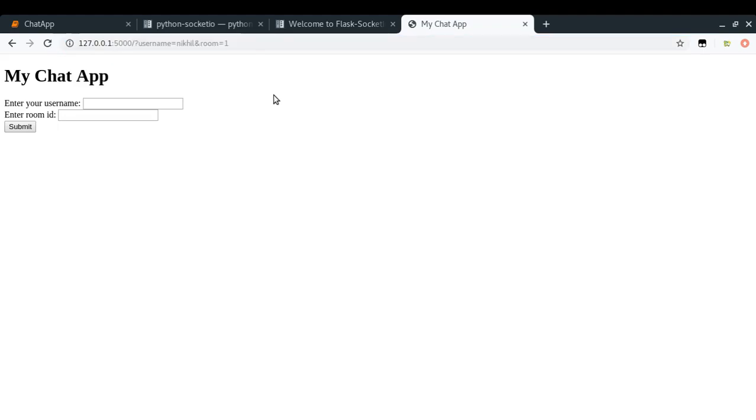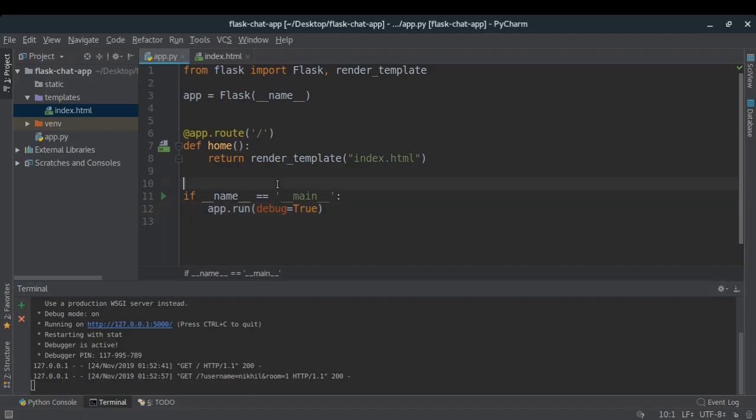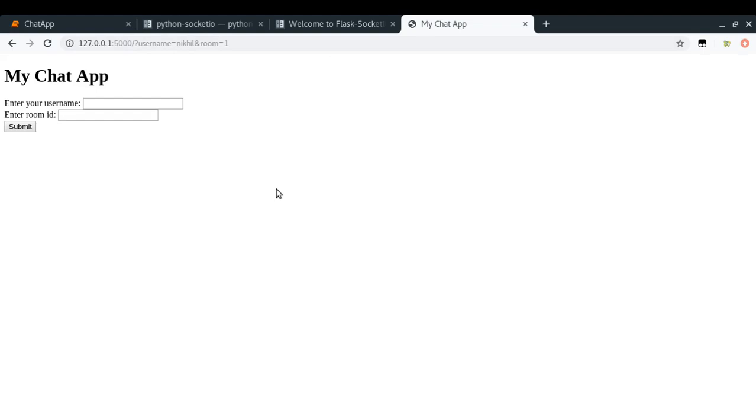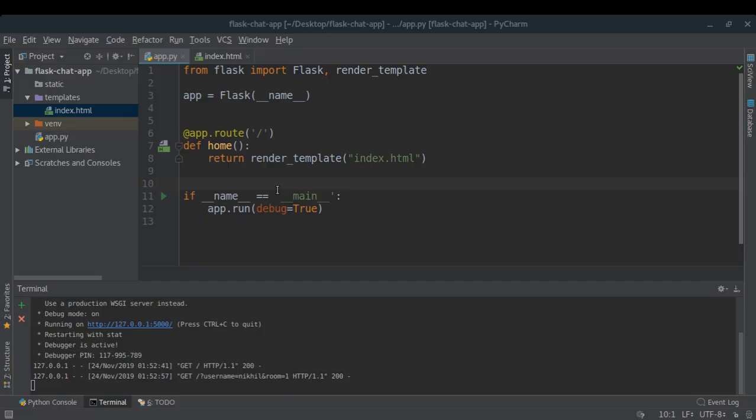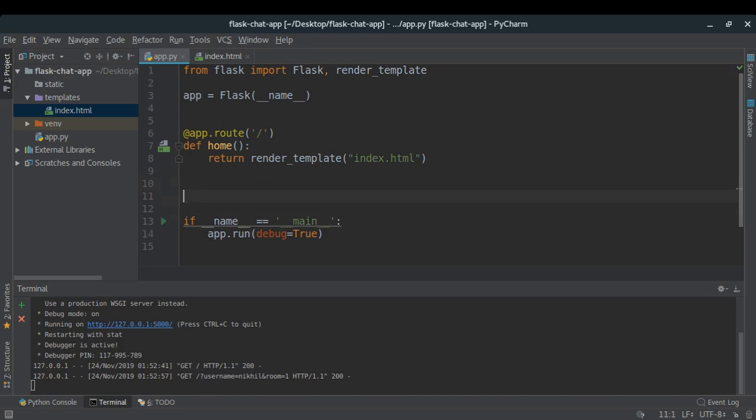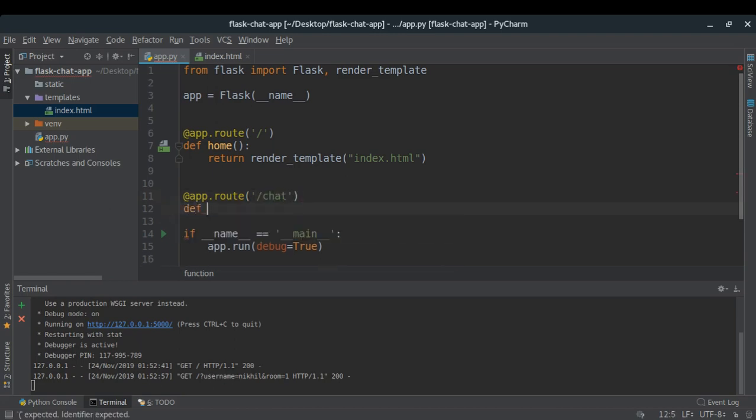Username is this and room is this. So whenever I submit the form, this happens, right? So now what do I want with this data that I am generating here? When I get this data of username and room, I want it to be available into my chat application, right? So for that, what I'm gonna do is I'm gonna create another route in which it is /chat and